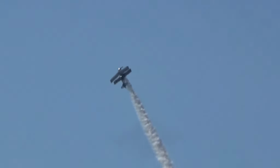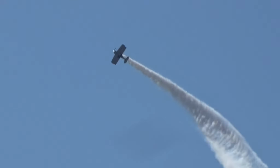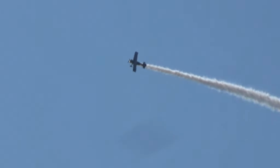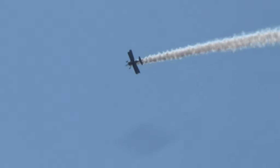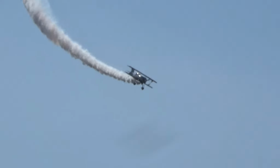Earlier this year I had the pleasure of completing an air-to-air photo shoot with this aeroplane. Had it alongside for about 10 or 15 minutes with the smoke system working beautifully, with Peter flying lovely, and the pictures were great on a lovely clear blue sky day like today. And it really is a pretty spectacular aeroplane up close. Once it comes back in, have a good